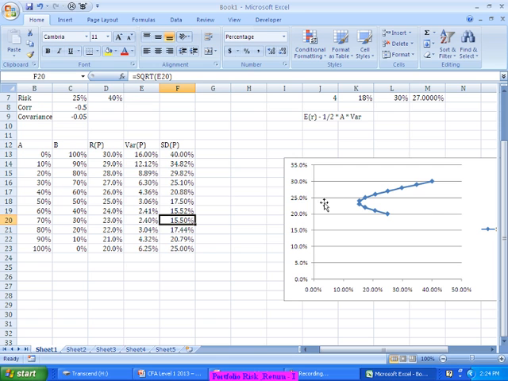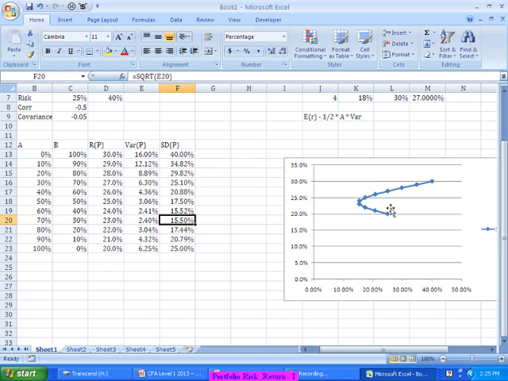Whatever you see in the downward sloping area, they are typically useless or inefficient portfolios. From the global minimum variance portfolio, whatever comes towards the downward side, downward sloping, we call them inefficient portfolios, and anything on the top, we call them